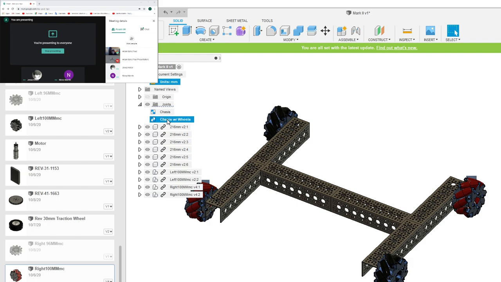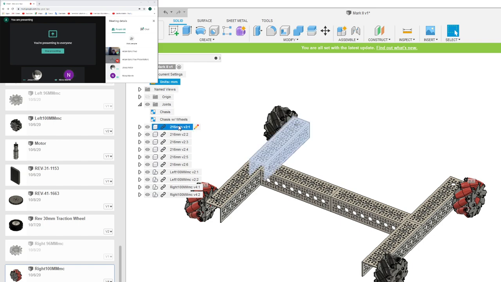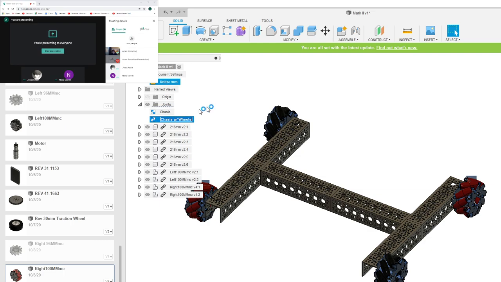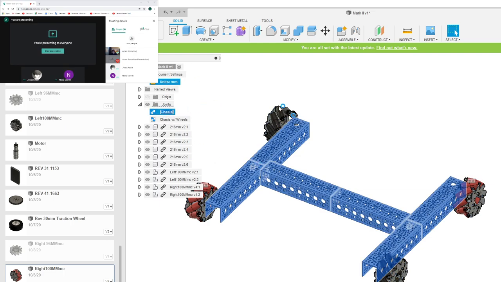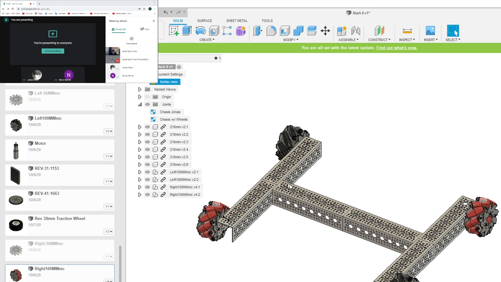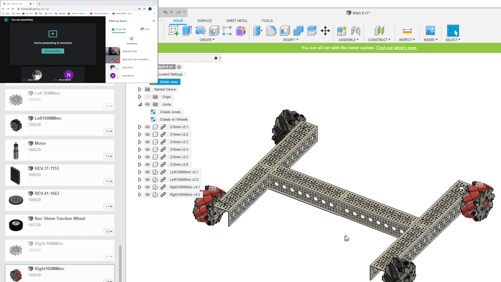And for those who don't know, the way I'm doing this is I'm just coming here, double clicking where the name is. Well, I can't change these names because they're linked and we're not getting into that. All you have to know is if you're having issues, just select, right click and hit break link. But all you have to do for this is just say, okay, double click and then click where the name is, select, then double click and it'll let you edit the name. So I can name this Chassis Jonas. There we go. Now these are all in a rigid group,